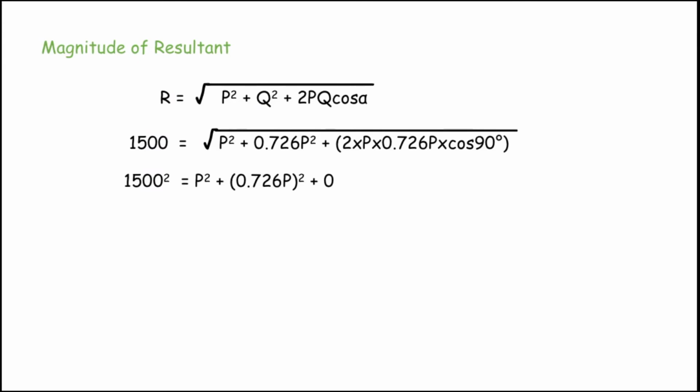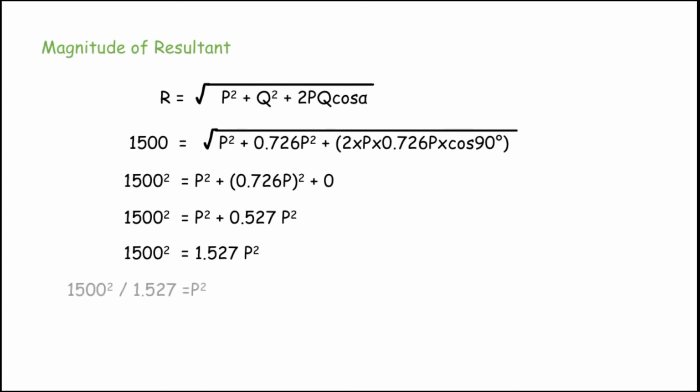Now I square the 0.726, so it becomes 0.527 P square. Now P square plus 0.527 P square becomes 1.527 P square. So now I transfer the 1.527 from the right to the left, it becomes divide. So 1500 square divided by 1.527 equals P square. Now I transfer the square to the left side, so it becomes square root. So P equals square root of 1500 square divided by 1.527. So the value will be P equal to